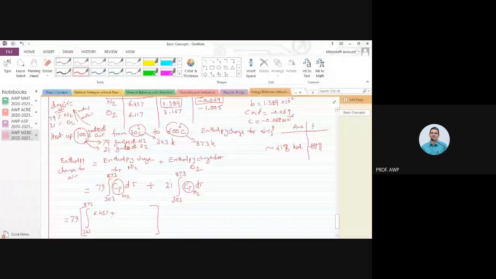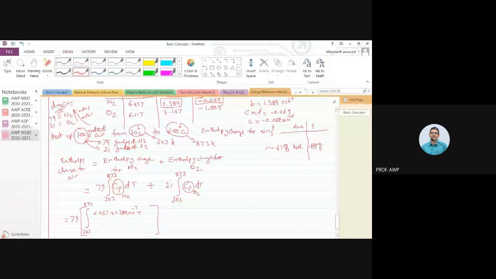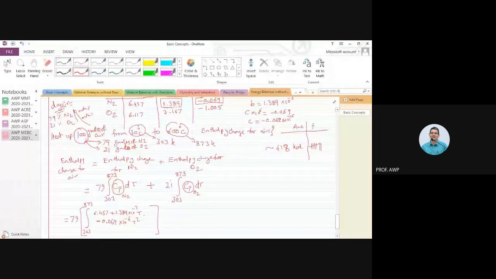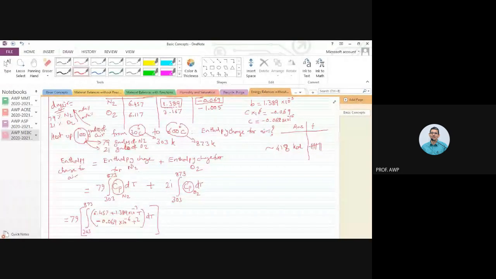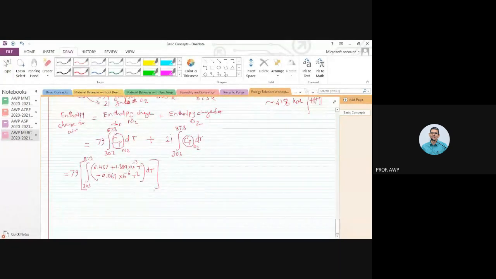So A, B, and C is 6.457 plus B is 1.389 into 10 raised to minus 3 T plus C, and C happens to be minus 0.069 into 10 raised to minus 6 T square. This whole expression is to be integrated with respect to temperature, right? Plus 21